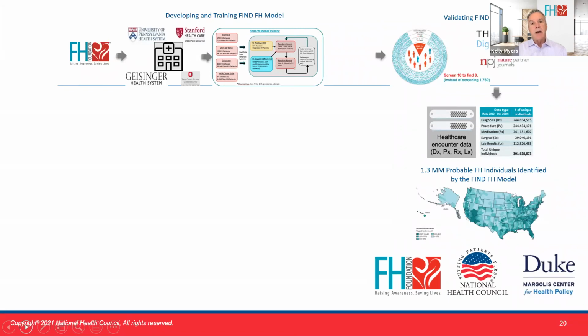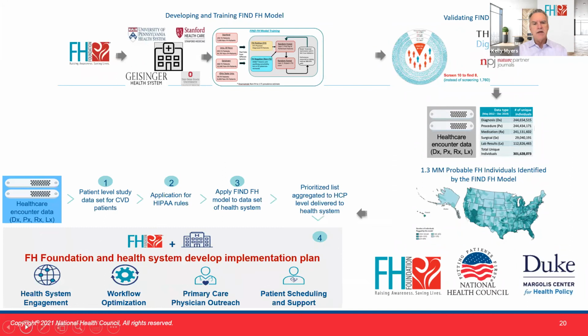Once we applied the model to the national data, we then developed a process by which the FH Foundation can collaborate with local health systems in identifying individuals within their data. The next slide. And this process involves getting a data extract from their EHR. We secure that data as a limited data set to address some of the questions that Robert brought up, and the individual's identity is blinded to the FH Foundation, but the health system keeps the key, if you will. So the individual's a number to us, and we apply the model and return the results back to the institution.